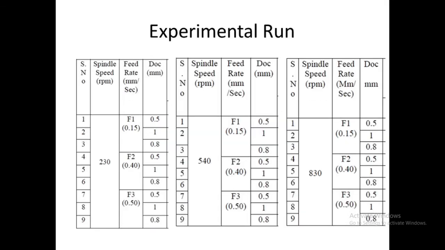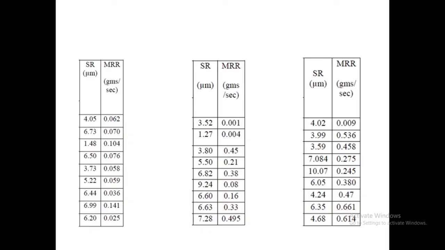According to our levels and factor table, the minimum spindle speed level is 230 and the maximum is 830. So conduct the experiment accordingly, 230 with respect to the 3 feeds and the 3 depths of cut. Likewise, we construct the experimental plan, which is known as the experimental run, to conduct the experiments. Now we see how to perform the experimental analysis with the Design Expert software. I conducted the experiments and measured the responses with the aid of measuring instruments, from which we collect the surface roughness and material removal rate values.